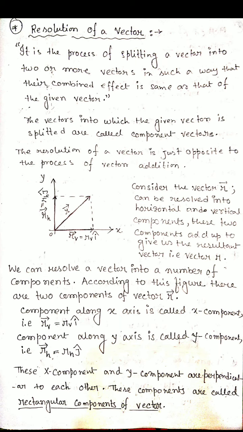When we solve some numericals, you will understand this, because for rectangular components of a vector we use either x and y for 2D, or x, y and z. When we resolve any vector along these axes, we use ax, ay, az or bx, by, bz along with i cap, j cap, k cap. That's why these are called the rectangular components of a vector.